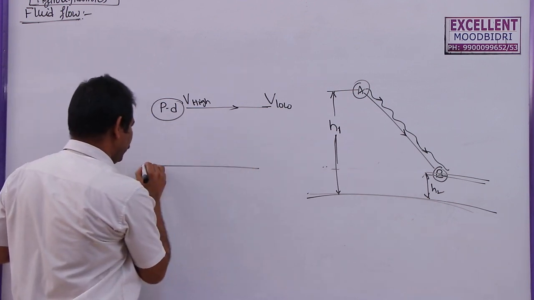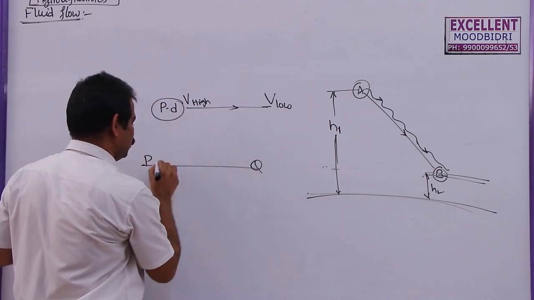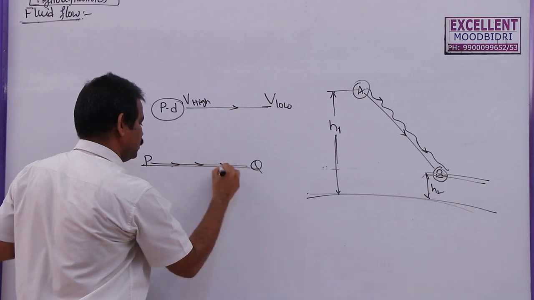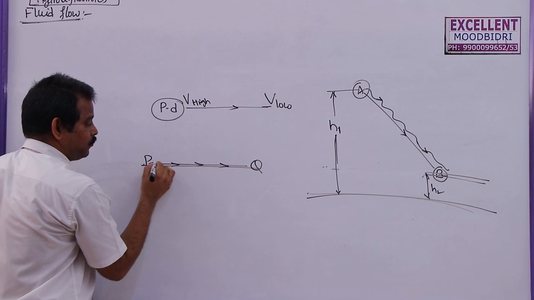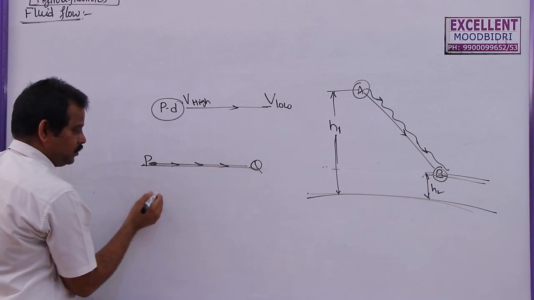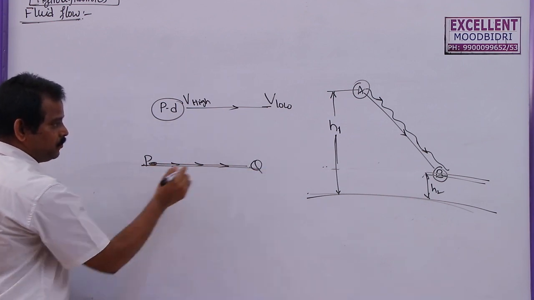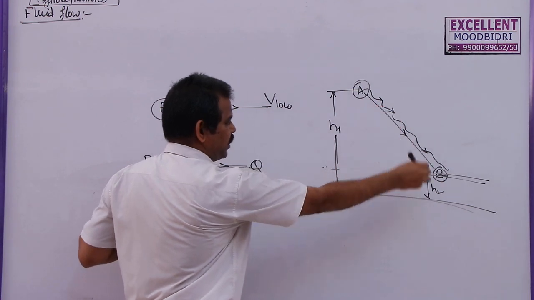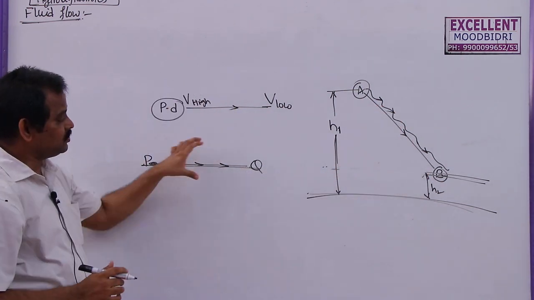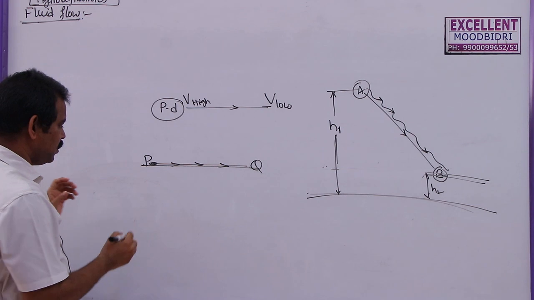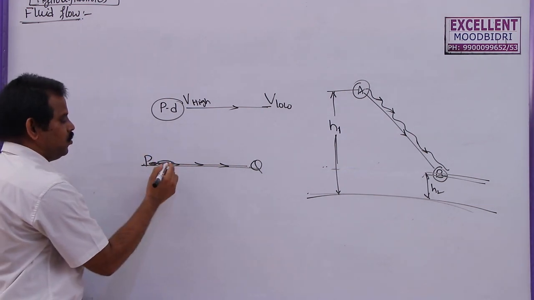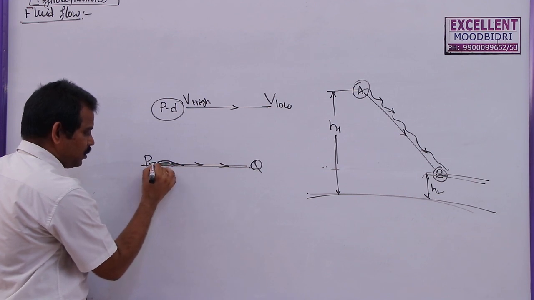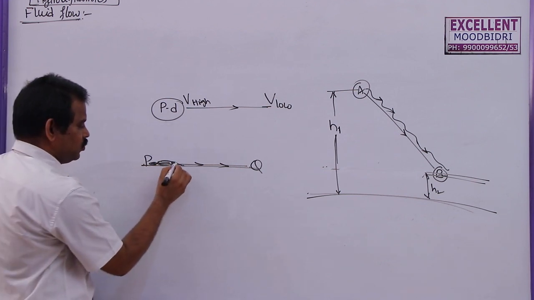Why can fluid not flow from P to Q if it is along a straight line? If you keep some fluid here, it may not flow from here to here if there is no height difference. But fluid can flow easily when there is a height difference. So what is the reason behind this? If you keep some water here, it generally stays there only, or it will flow a little bit on all possible sides to a little distance.